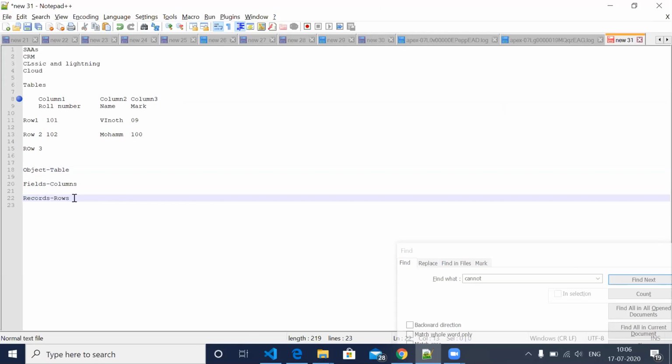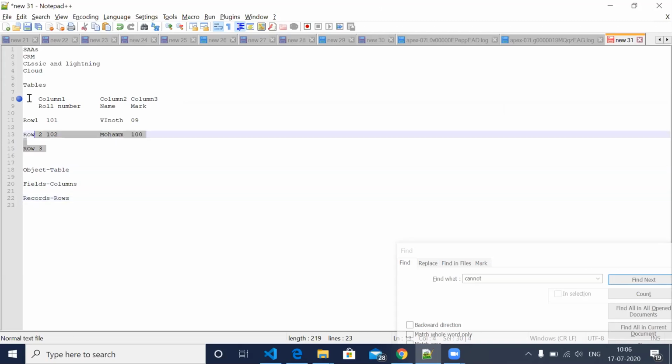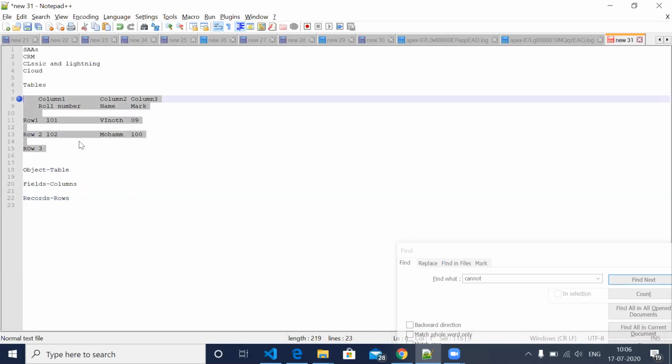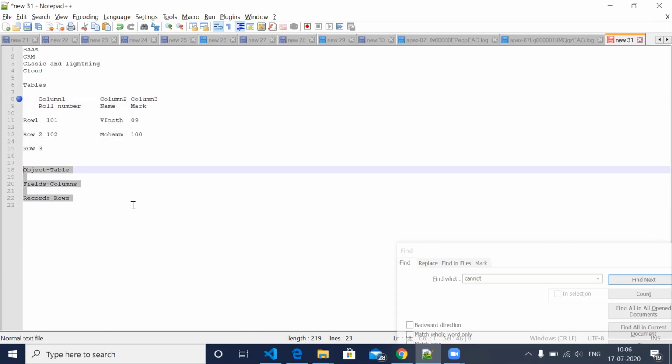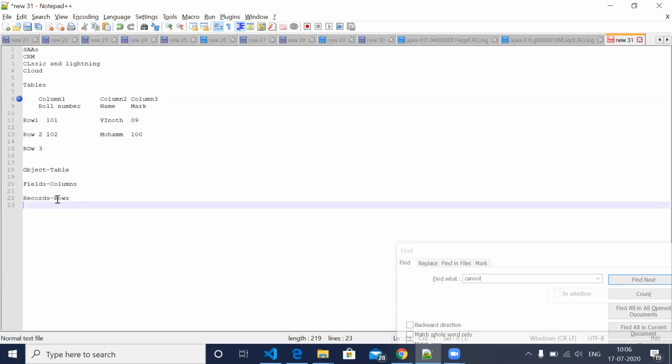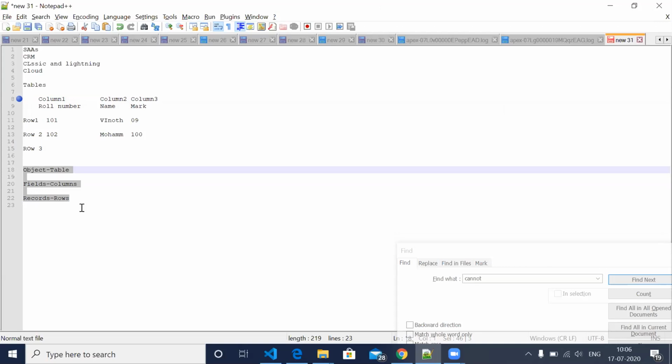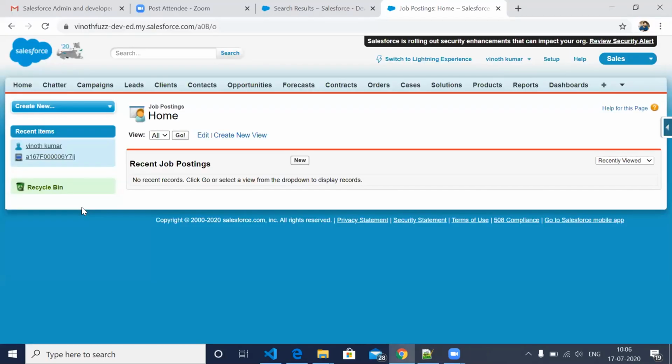You can consider this as one table, that means this is one object, this is the fields, the columns, and these are the records. Take some notes, because at least these three you can write down. It's simple, and it's like a basic base. You have to have this understanding, then it will be easy.